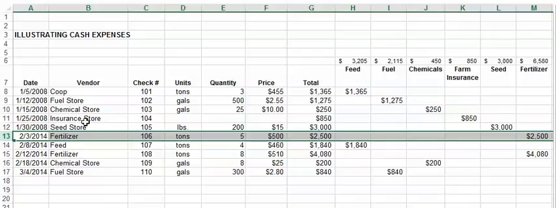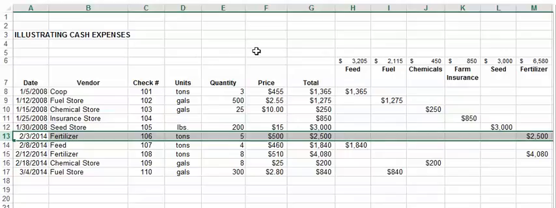But if you had a simple spreadsheet already set up with the formulas in and so forth, and every time you went to a vendor and purchased something for the farm, you simply went down here and typed it in like I showed you a moment ago, it'd be really easy to keep this, and at the end of the year you've got information for your management purposes, and you've got information for income tax purposes. Now remember, this little video illustrates cash expenses, which is one of the chart of accounts,